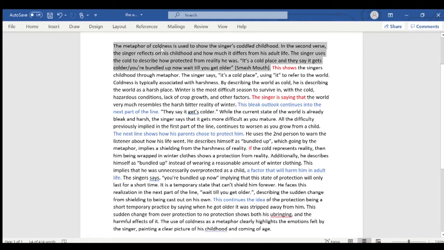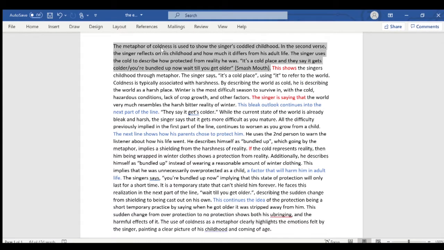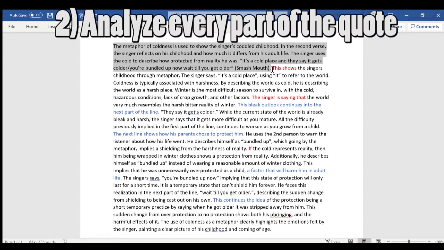You can see I went a little overboard. I made mine a bit longer, but honestly, just twice is fine. You can go longer. There's nothing wrong with that if you want to prove your point a lot. But just remember it should be much longer than your setup here because it's the actual important part where you're showing your point. What's another really important rule for writing analysis is that you have to analyze every single